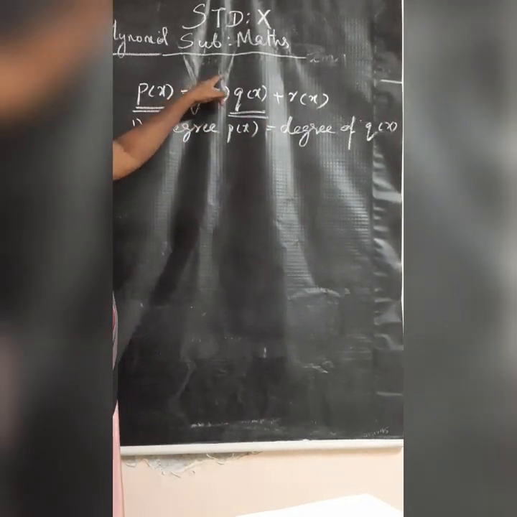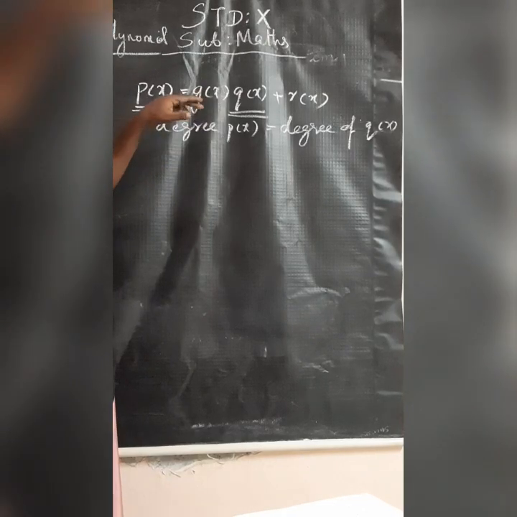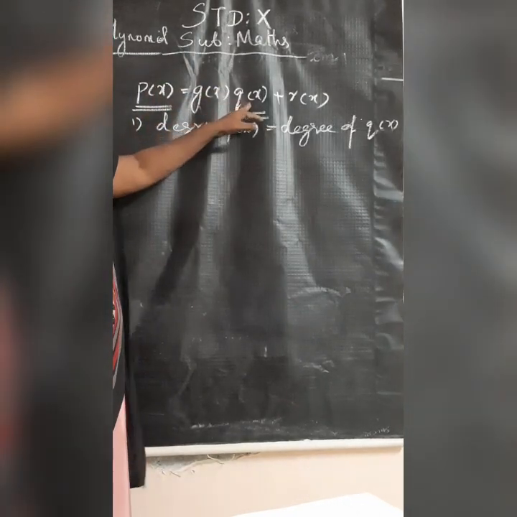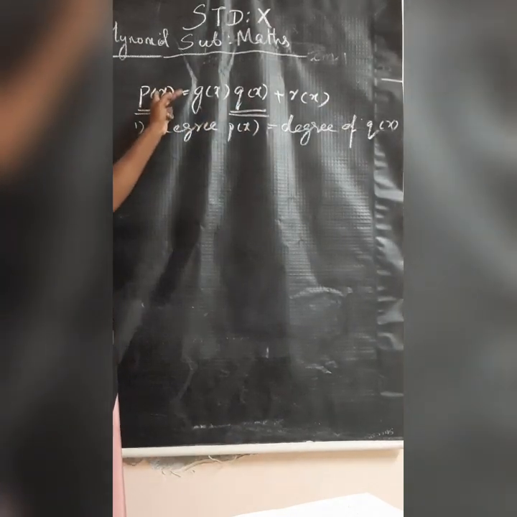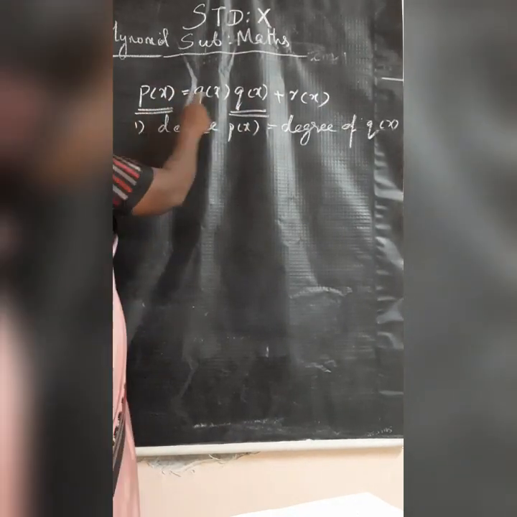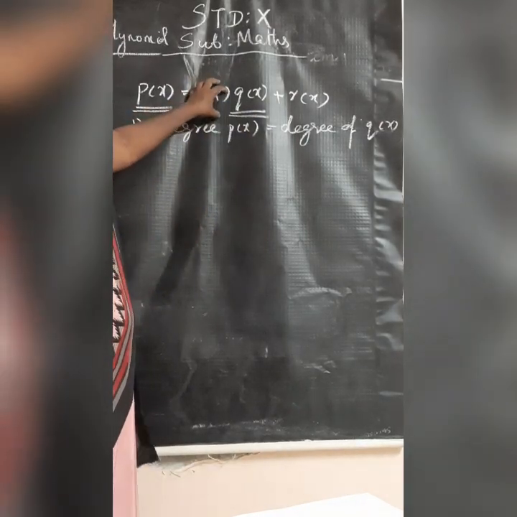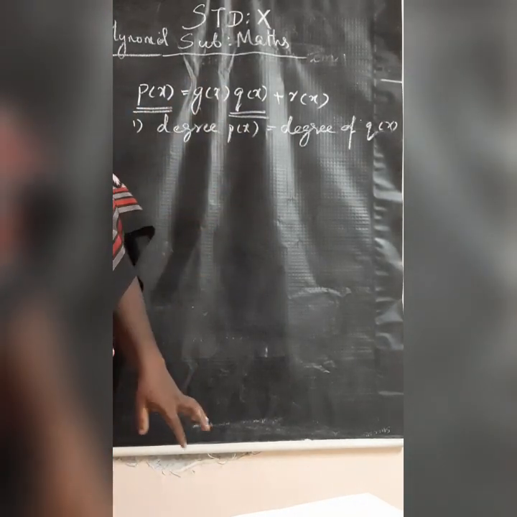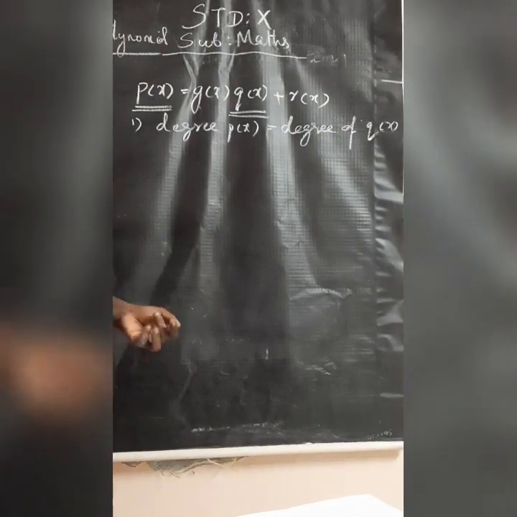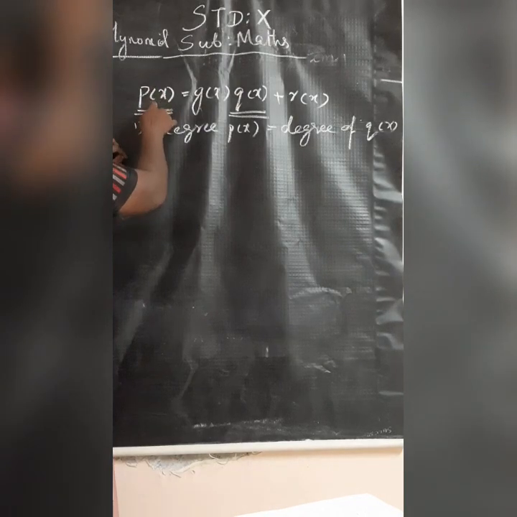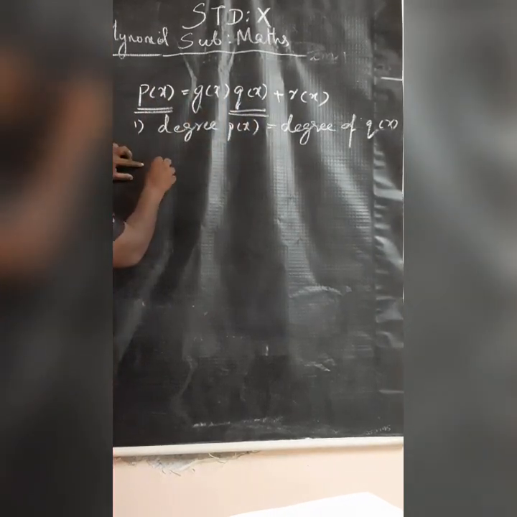And here also what will come? It also will come constant only. For example, here degree 1 coming, then what will happen? Here the degree will be less than this one only will come. If degree of p(x) and degree of q(x) want to come same, then g(x), the quotient, should be always a constant. There is no other possibility. So I will show you an example. Listen here. So you want to get a degree of p(x) and degree of q(x) same. So I will show you an example.